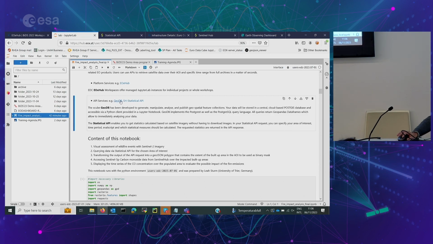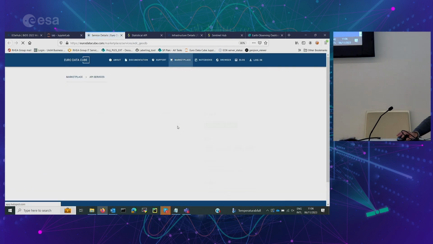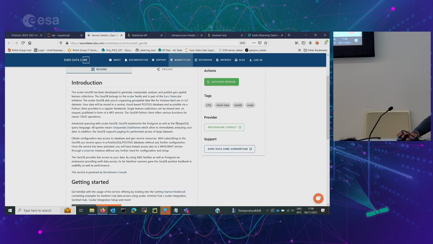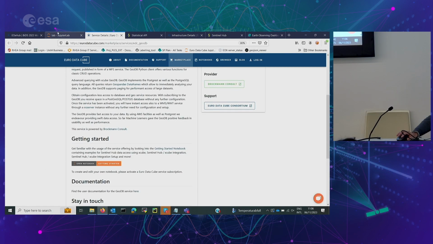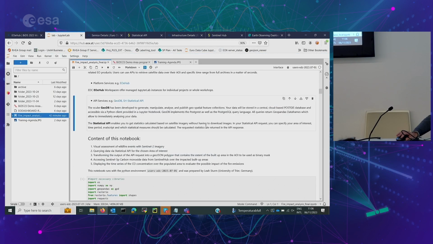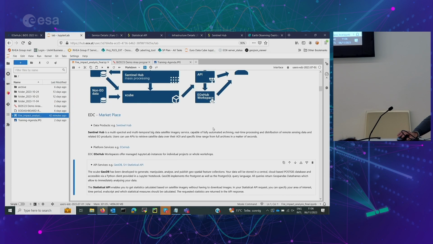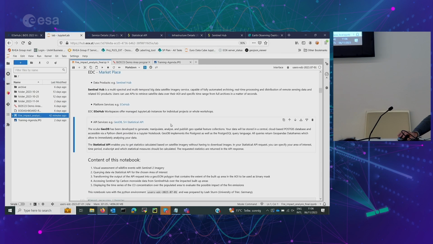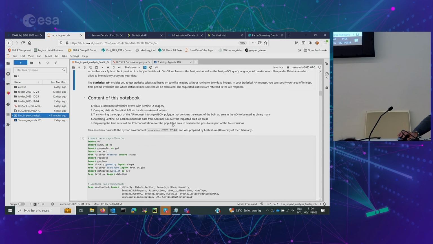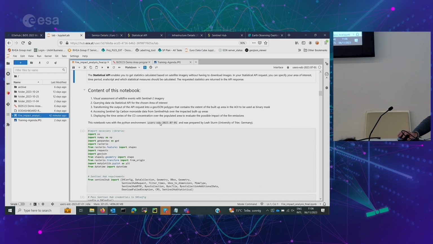So it is also described here in more detail on the link provided. So basically, this is an overview of the platform we are going to use,